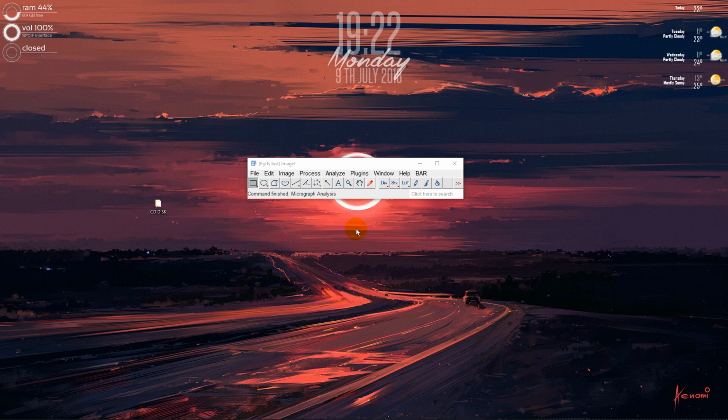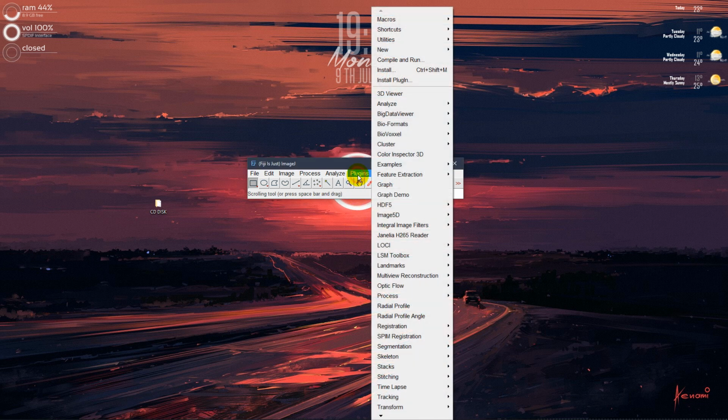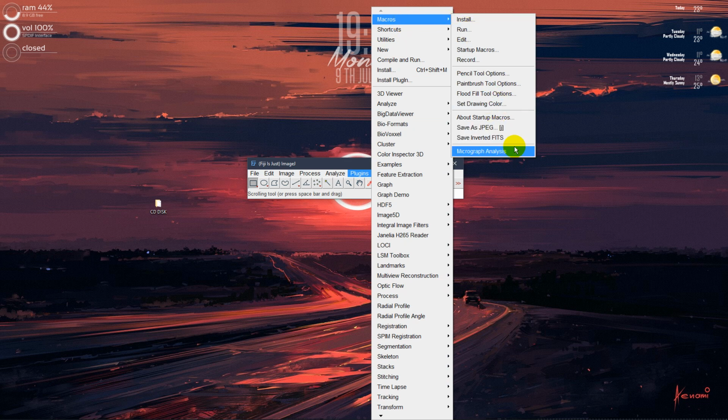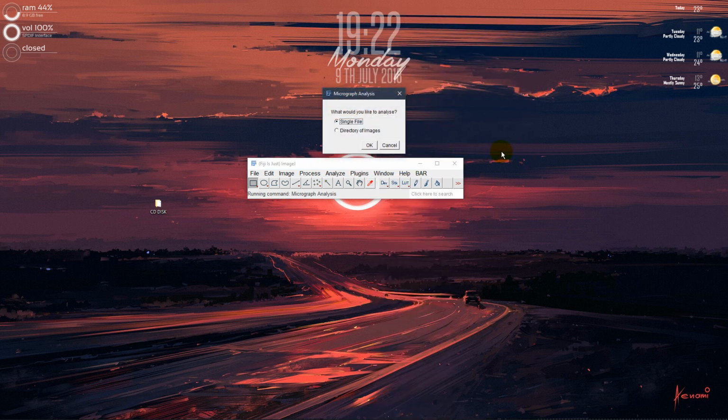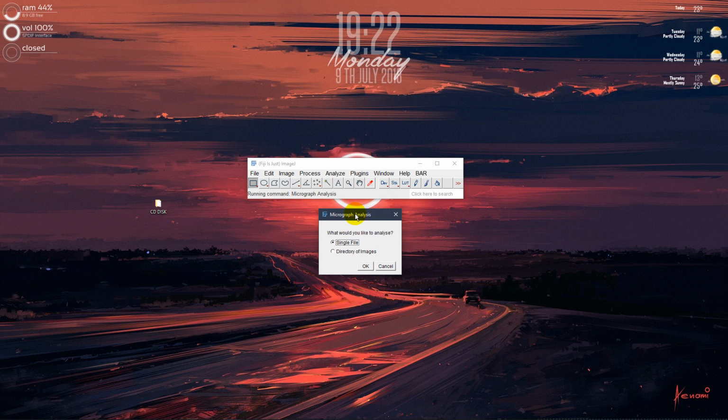So, if you open Fiji distribution of ImageJ, navigate on the toolbar to Plugins, Macros, and select the Micrograph Analysis option. From here, the script will ask you if you want to analyze only the single image or the full directory of images applying the same settings, so you will save a lot of time. In this video, by default, the script selects the single file option because that's the most commonly used option, as I assume. Let's click OK,